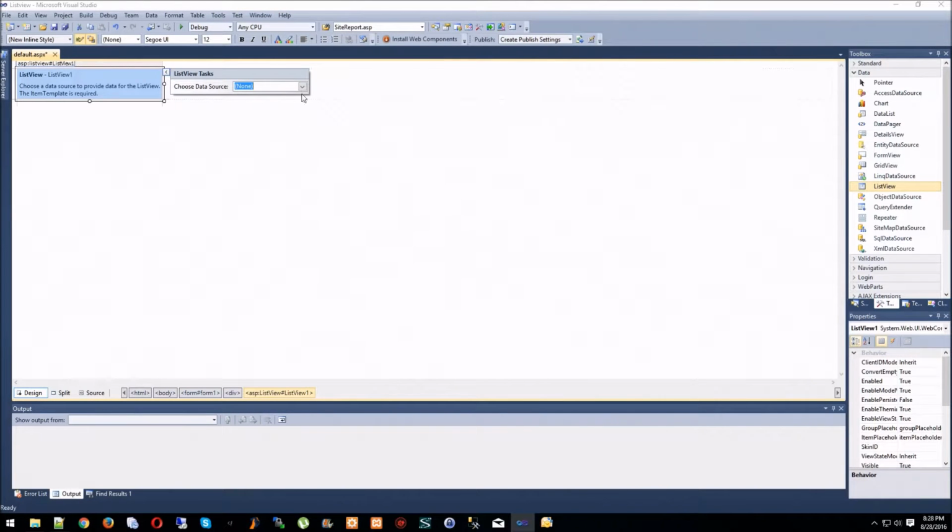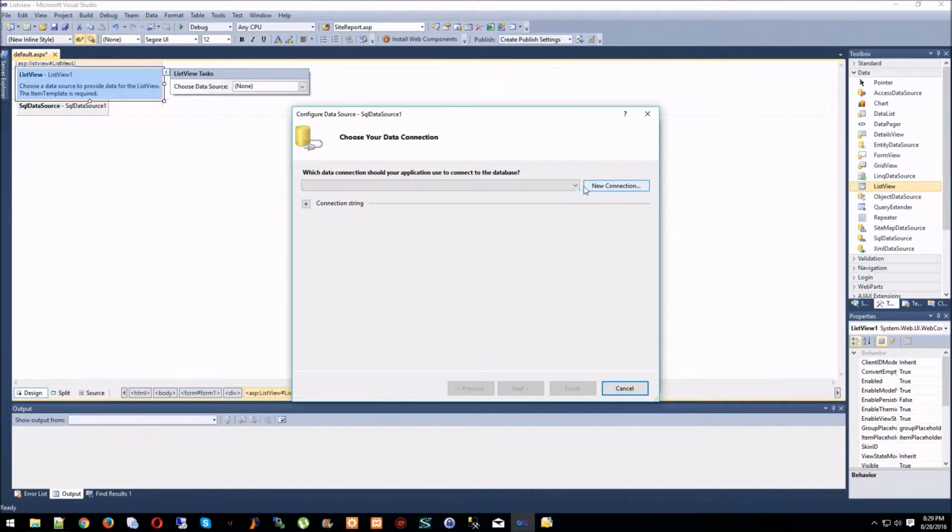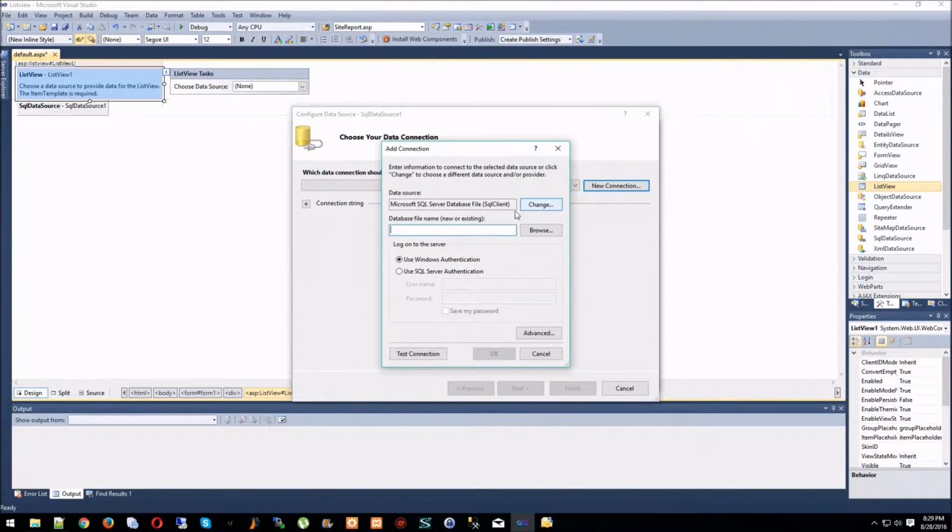So we're going to go ahead and format that, and we're going to pick a new data source. Give this a chance to pop up and give me my wizard. So right here, we're going to pick SQL database, and it's going to already generate the ID, and you can make it anything you want to, but I'm going to leave it at SQLDataSource1 and click OK. We already have an existing connection, but I'm going to show you how to do this. We're going to hit new connection, and we're going to choose Microsoft SQL Server Database File, SqlClient. We're going to keep that the same, and we're going to browse